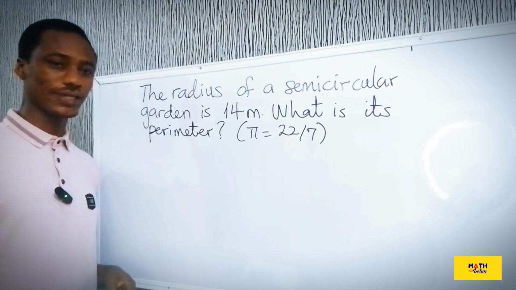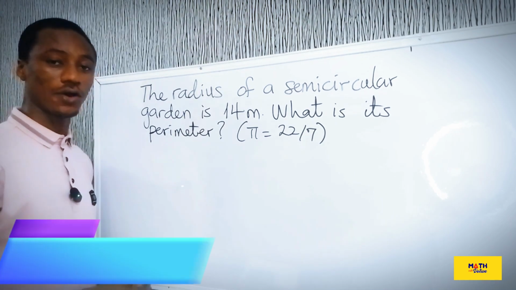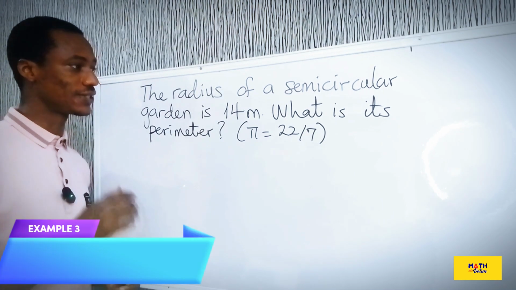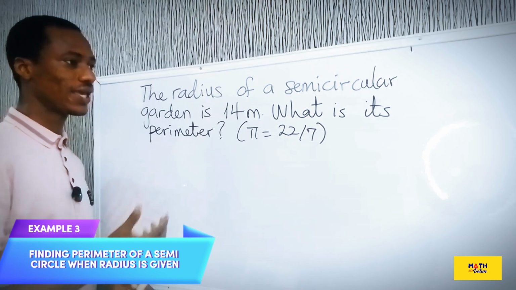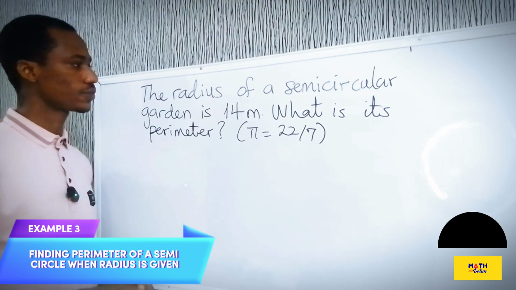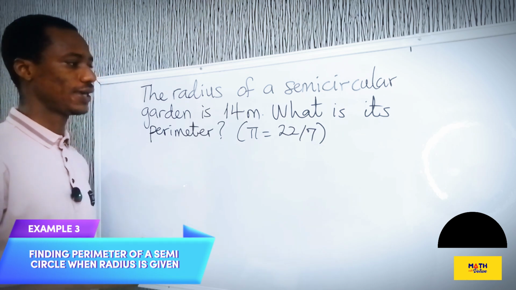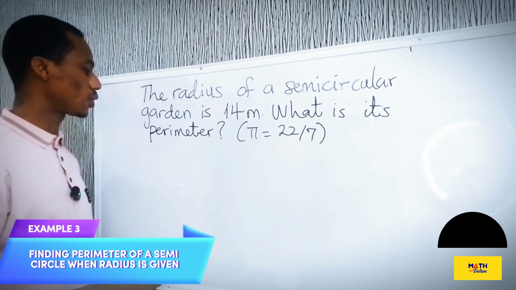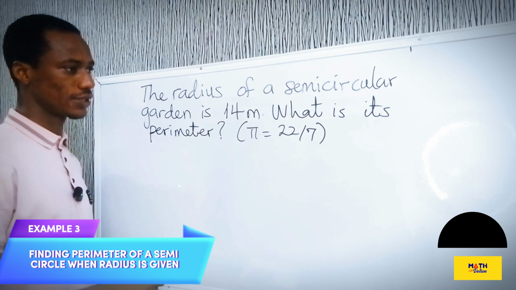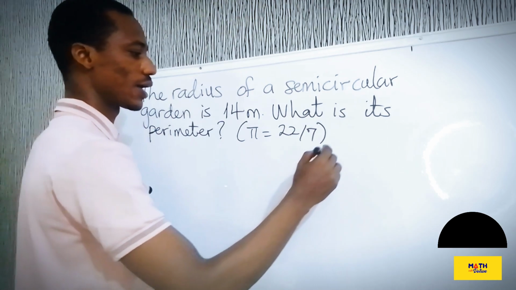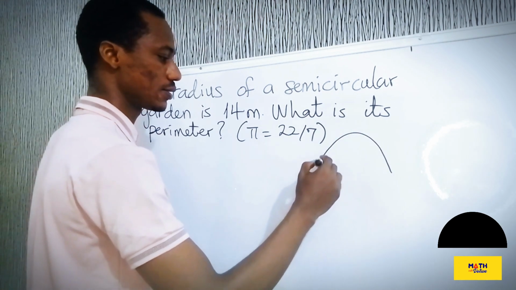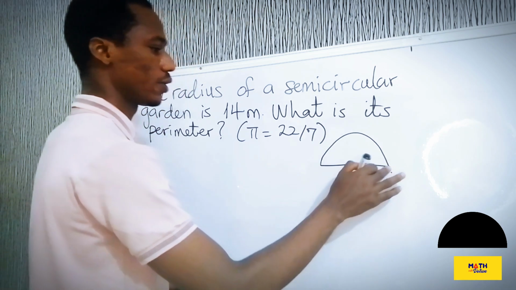This is the third example. The radius of a semicircular garden is 14 meters. What is its perimeter? So let's say we have a garden that has, this is just a sketch of a